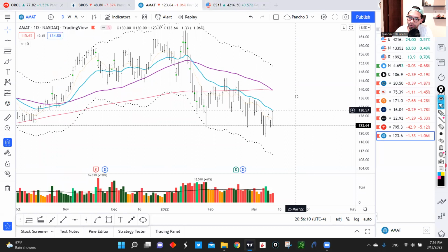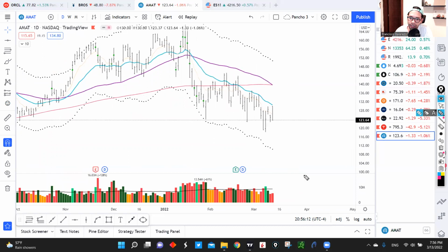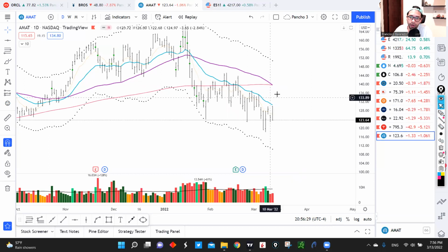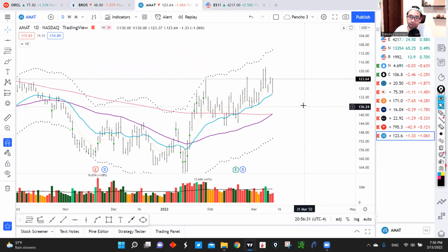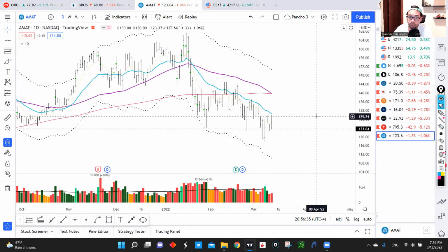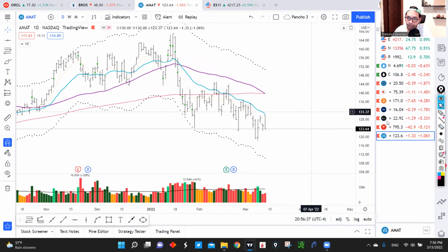And then the last name that I have to share here with you is AMAT, which is basically a semiconductor name. And we can see here we're selling in increasing volume. We basically tested the 21 exponential moving average. And now, for me, this is a bear flag below a 200 daily moving average. We're below all the key moving averages, and this continues to be a downtrend. If we actually turn this chart, this actually looks pretty bullish, if we just turn it. So basically it looks really, really bearish here in my opinion.